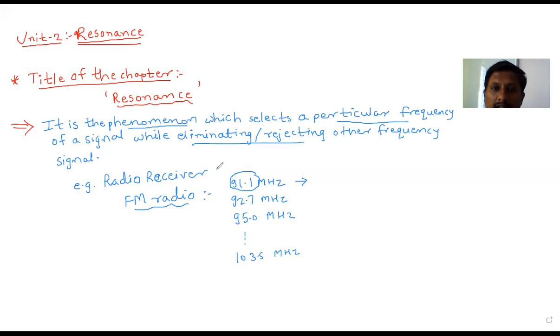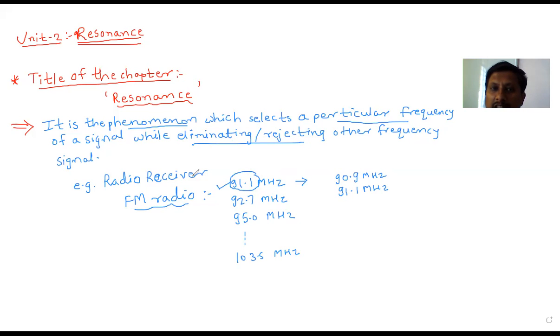So if you set the frequency of your radio receiver at this particular frequency, then only can you listen to this particular channel. If you select 90.9 here, you cannot hear the sound clearly, because you are nearer to this frequency but not exactly at it. You will hear a little signal but not clearly. So you have to tune at the correct frequency, that is 91.1 megahertz.